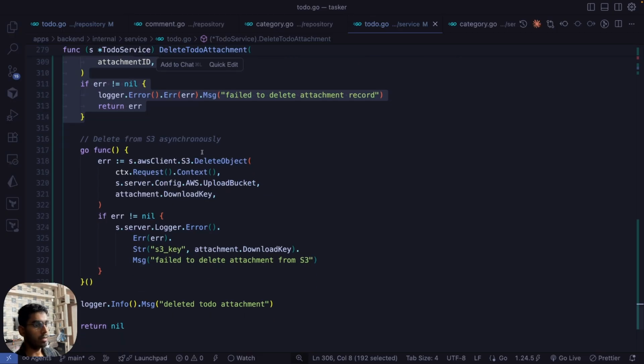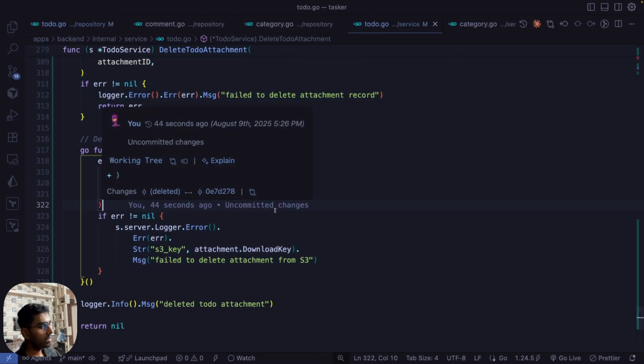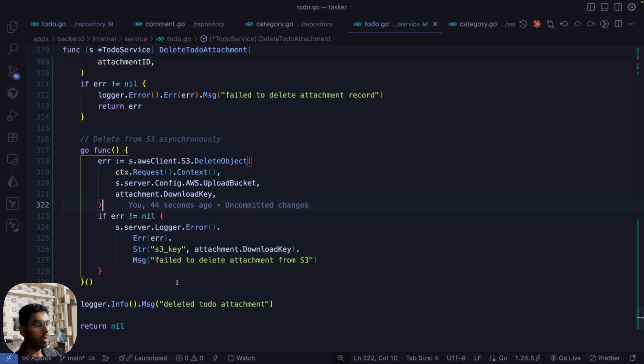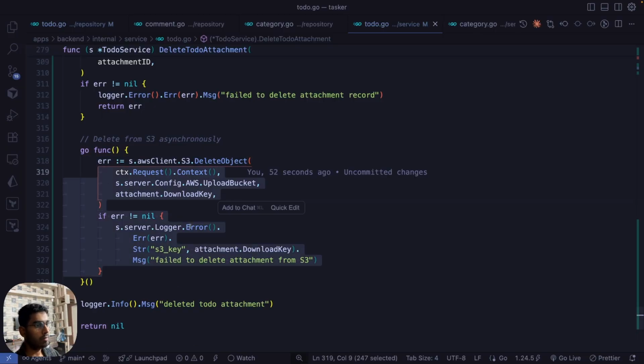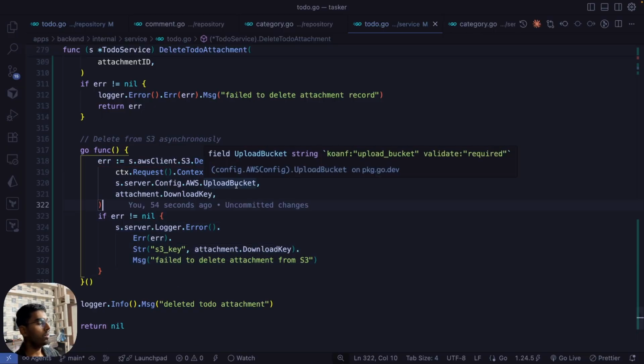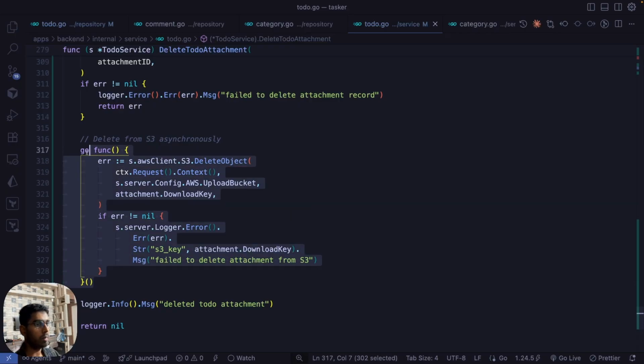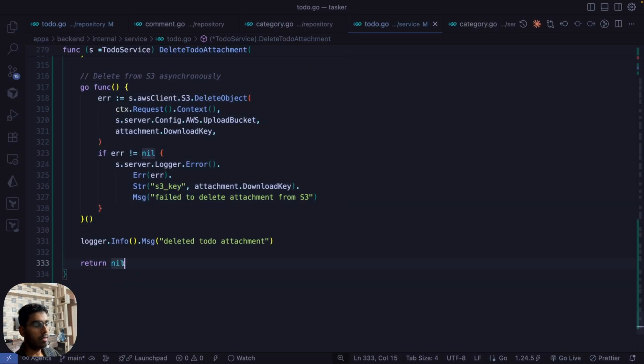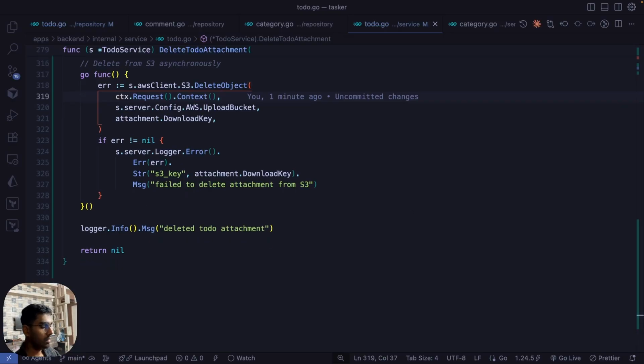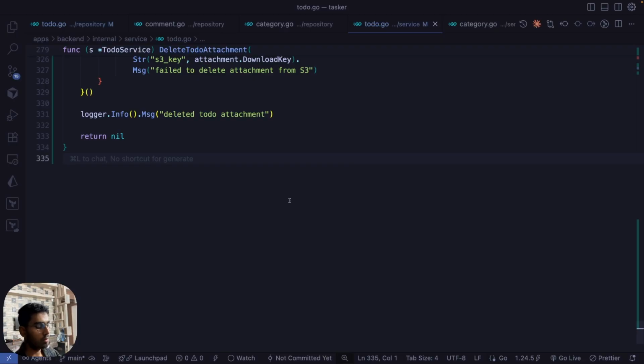After that is successful, we spin off a new Go routine so that asynchronously, without blocking the response of this request, we delete the particular object from our object storage. That's what this part of the code is doing. And in the end, we just return nil because we intend to return the response as 204, which is no content. Finally, one last method that we need is to get the pre-signed URL so that the front end can